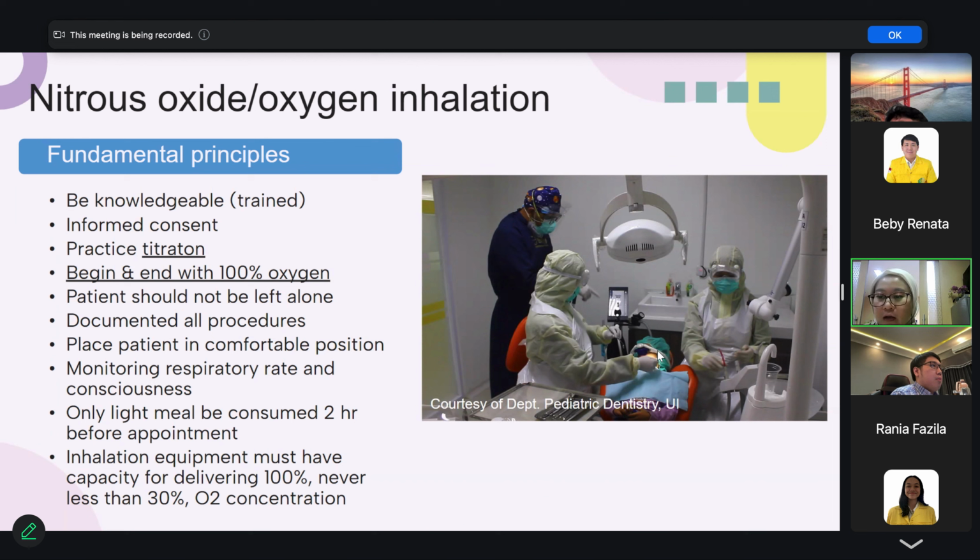The patient is still awake during the dental treatment and should respond when you talk to them, but he or she might feel sleepy and relaxed. This technique is suitable for the anxious patient, but the patient must be able to communicate, because you need to always check the level of consciousness by proactively talking to them. So we cannot use this technique for the uncooperative patient and those who are unable to communicate.